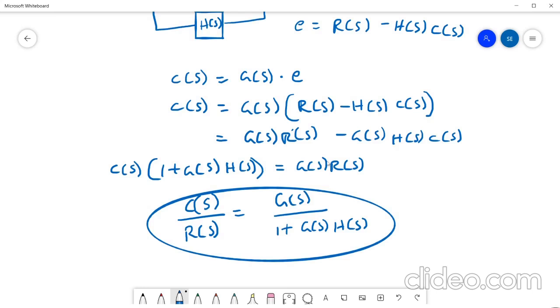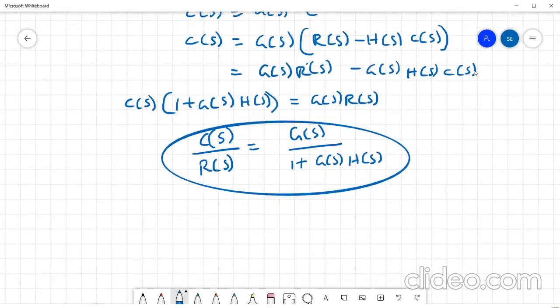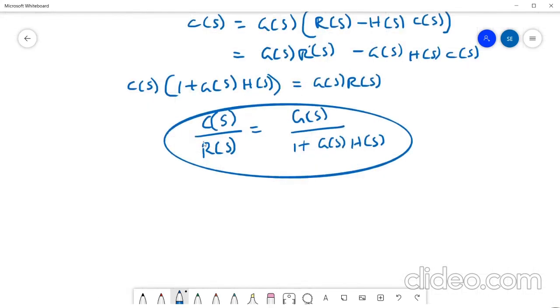So now as we told in the preceding section, that there are four parameters that are getting influenced from the feedback gain H of S. So what is the first one? It is gain, overall system gain. So this is actually a transfer function. This can be given as the overall gain of a negative feedback control system as well. So this we can refer to as transfer function. And if you are telling a transfer function and asking for overall system gain, this is referred as C of S to R of S.